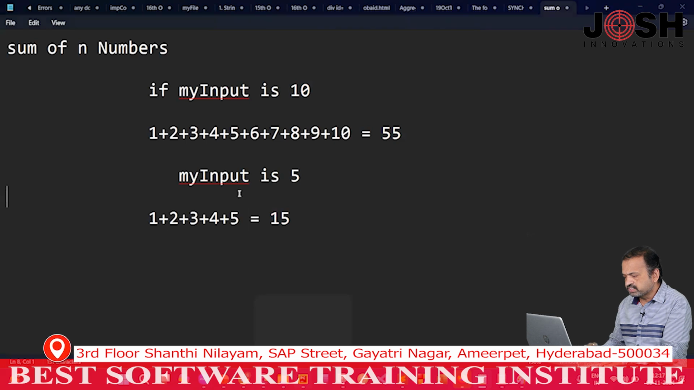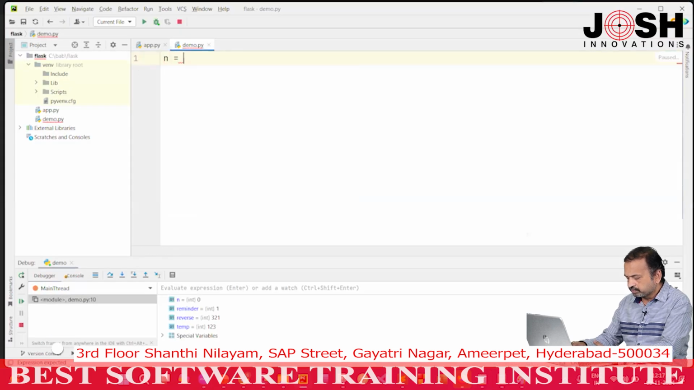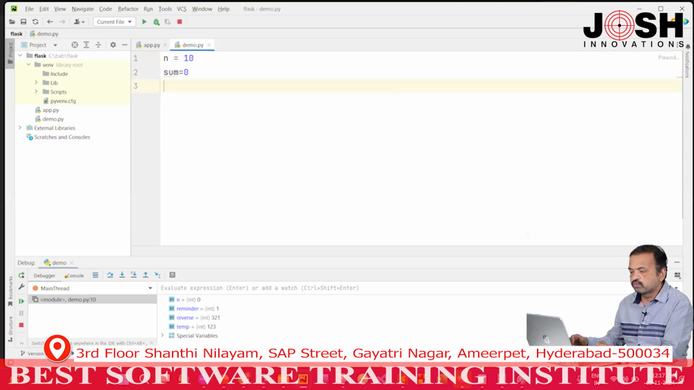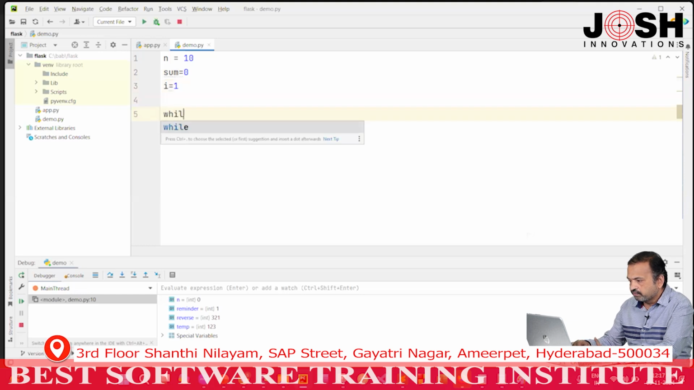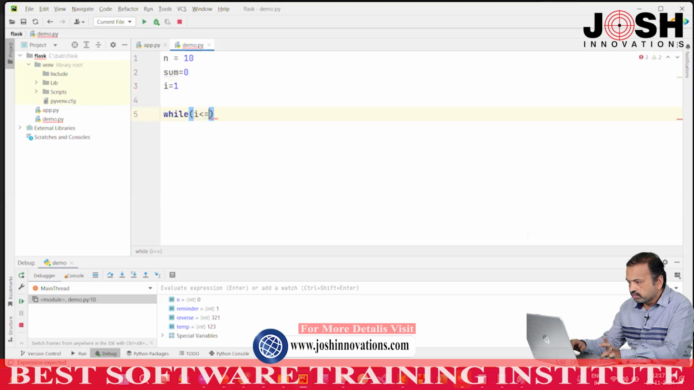So, I will come to PyCharm again and declare one variable called n equals 10, one variable called sum equals 0 to find the sum, and one variable called i equals 1, this is for incrementing. Three variables I declared. Now, I will write the condition: while i is less than or equal to n,